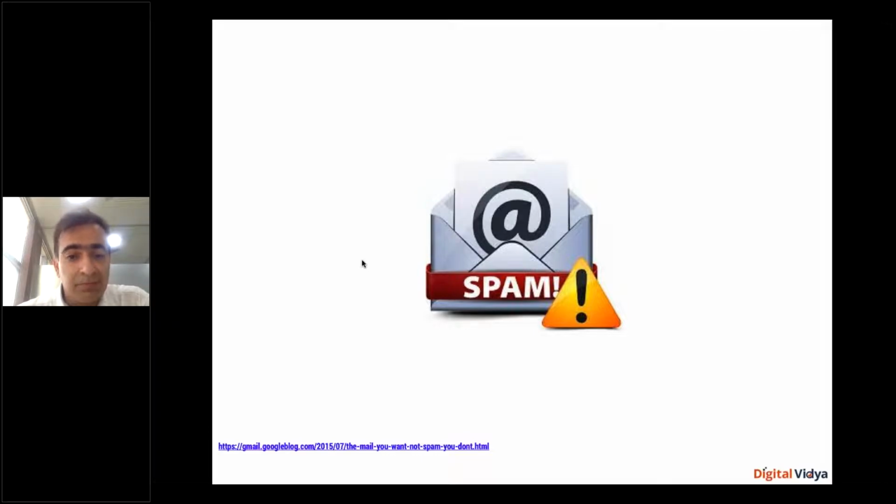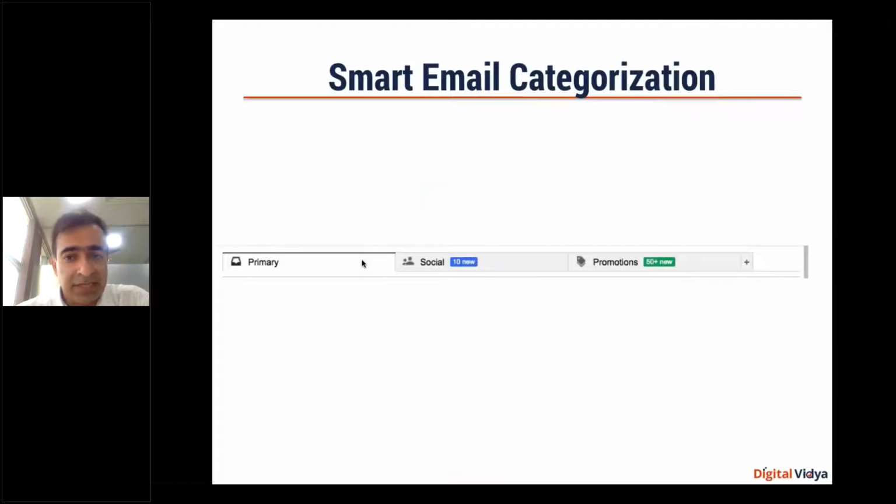So that spam monitoring that has been embedded in Gmail is nothing but the work of some data scientists. It has been suggested that Google is now able to successfully filter out close to 99.9% of the spam by training the algorithm. You must have seen the email categorization option, like social and promotion. That is also based on the content of the email and on how the machine has been trained, so they try to categorize emails into these categories.